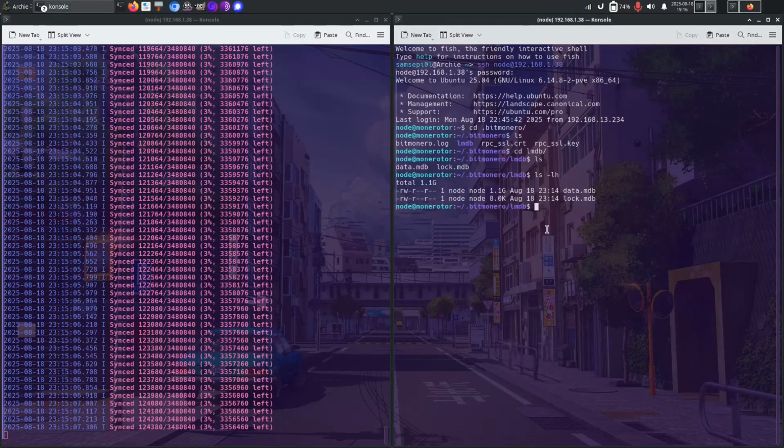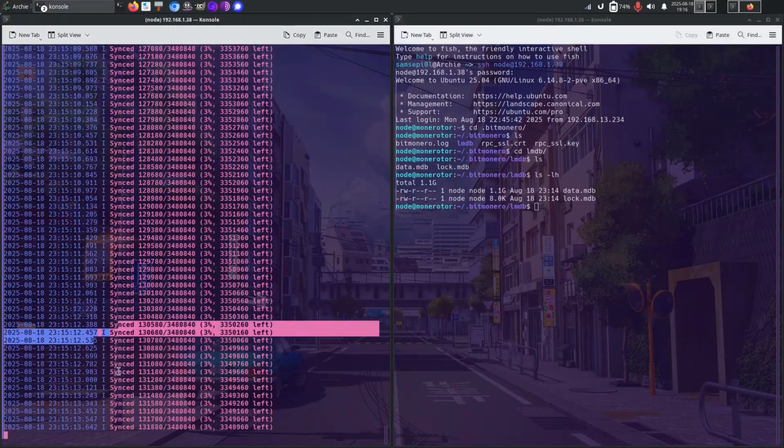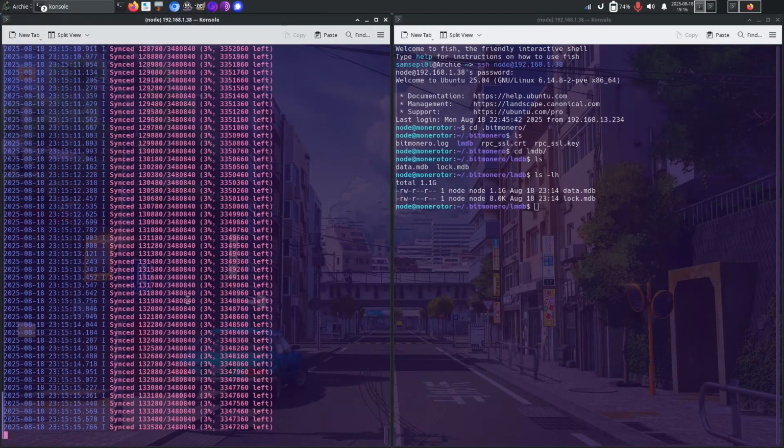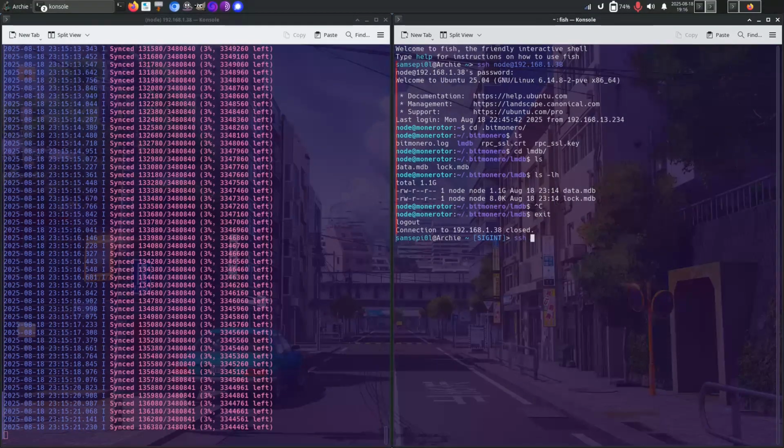No, it's not going to let me show you guys. Okay, so it's pretty self-explanatory. So once the whole wallet is synced, the whole blockchain is synced, it says your network is synced. You're going to grab the onion address,